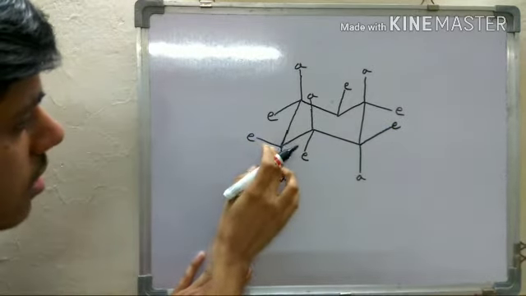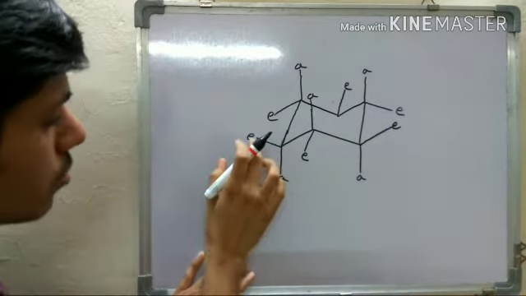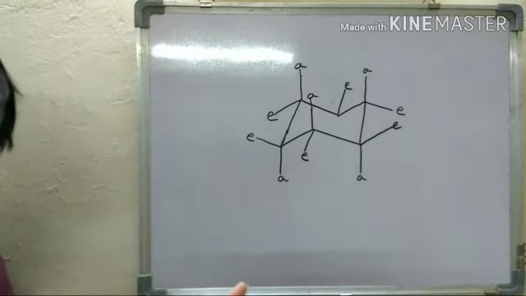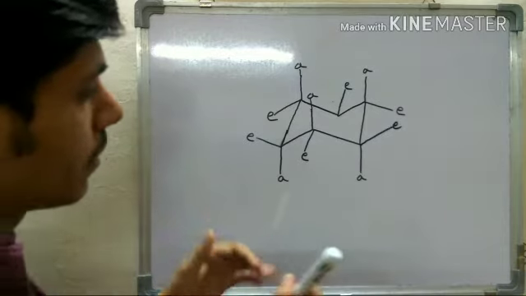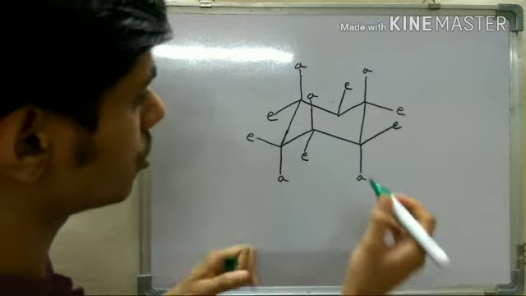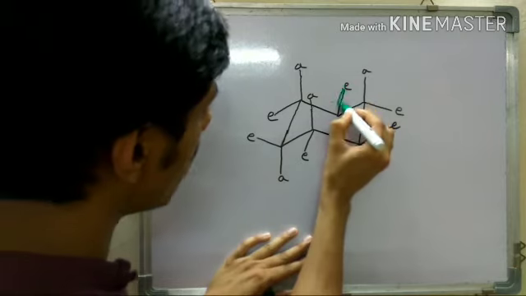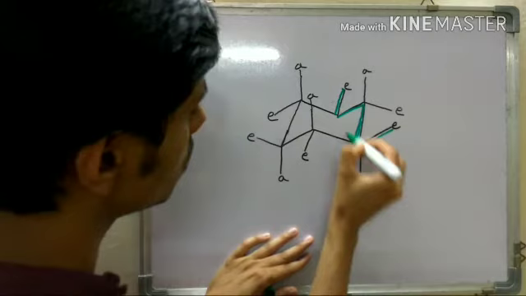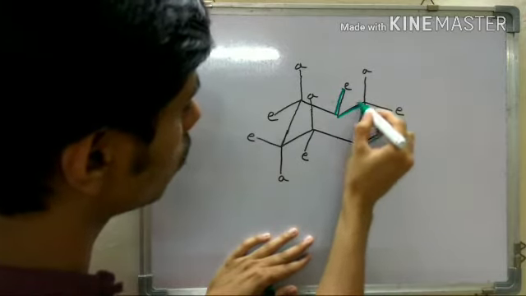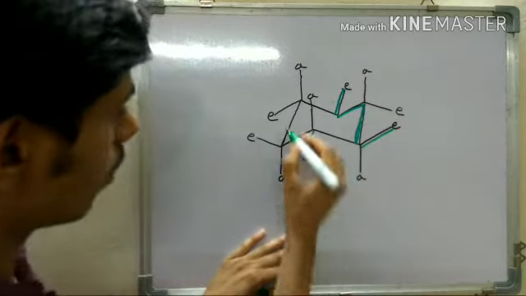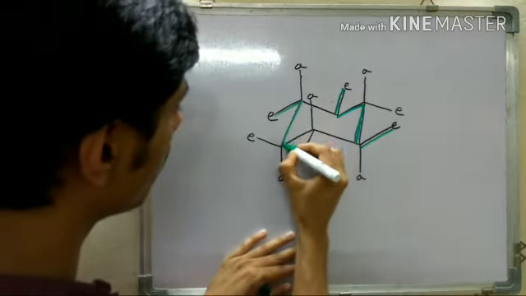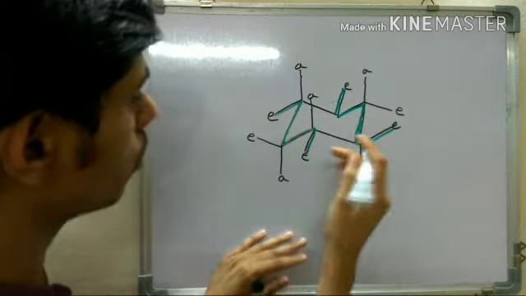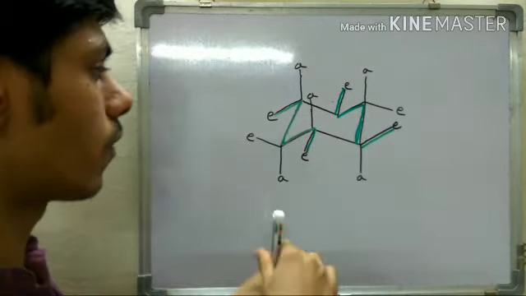So you can see these groups are also parallel, this is parallel to this. So opposite groups are always equatorial parallel. So this is parallel to this, and this is parallel to this line. These two are parallel. Now after drawing, you can also check whether the parallelity is there or not. So you can see there is a W, a W relationship between these two equatorial groups, and also an M relationship is there. You can see this M and this W you have to find out, and then you can confirm that your